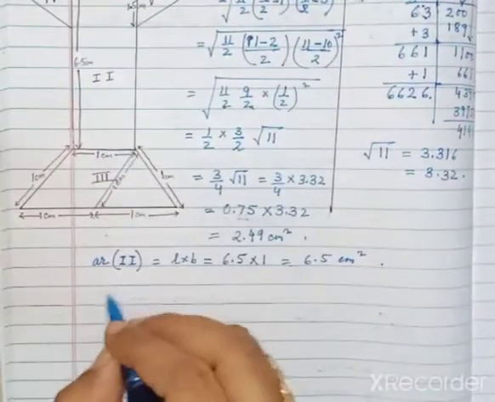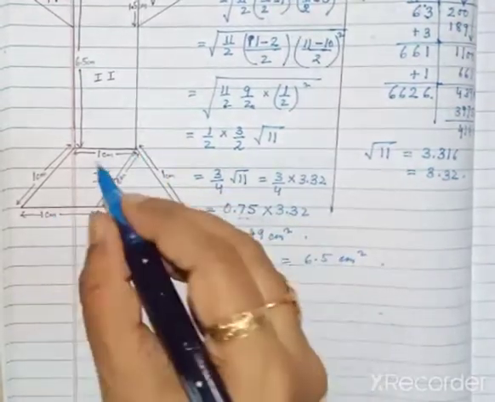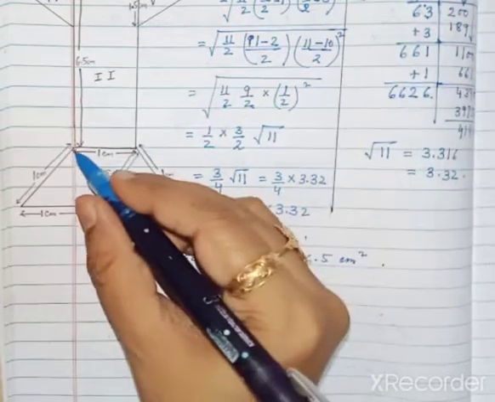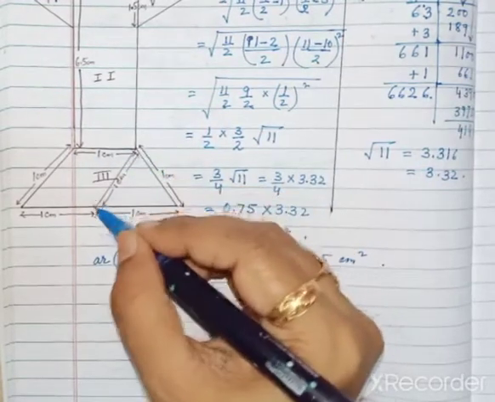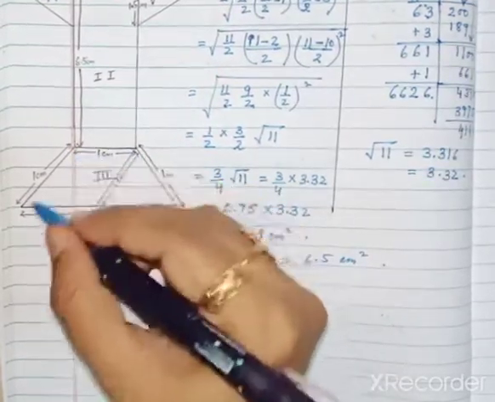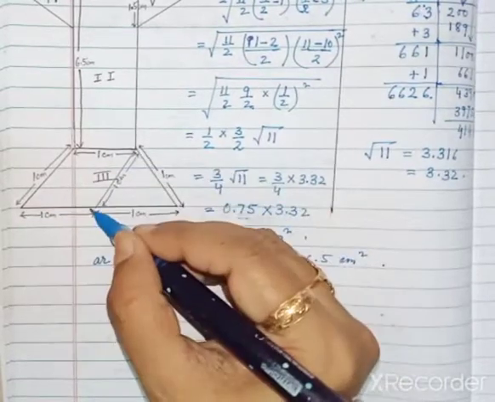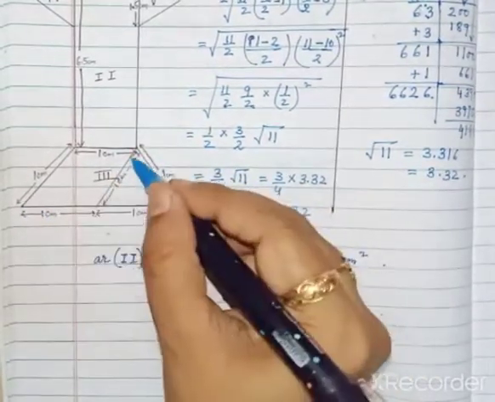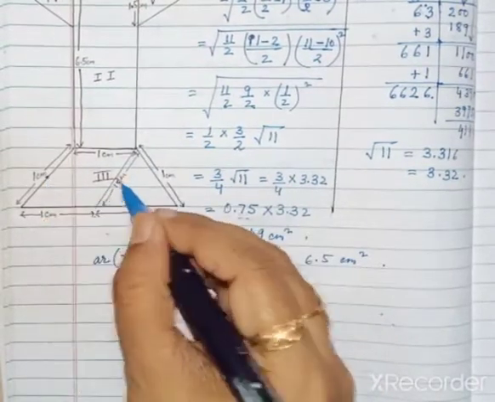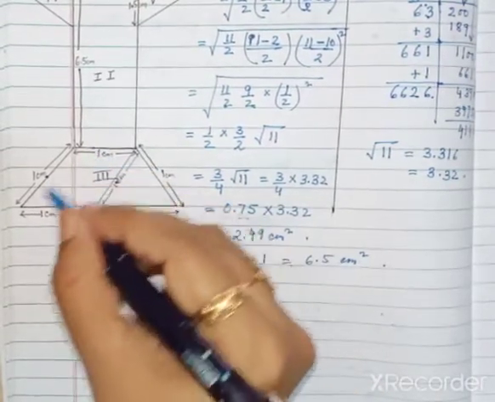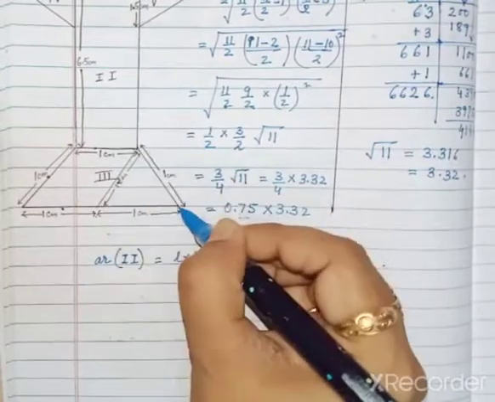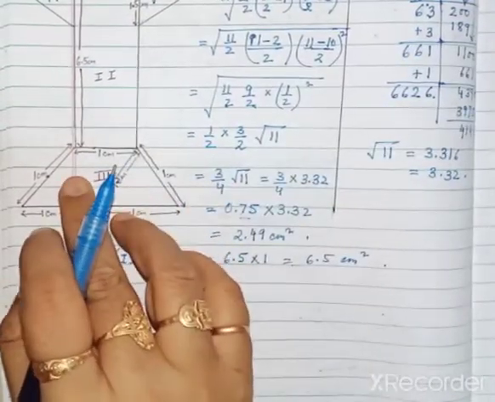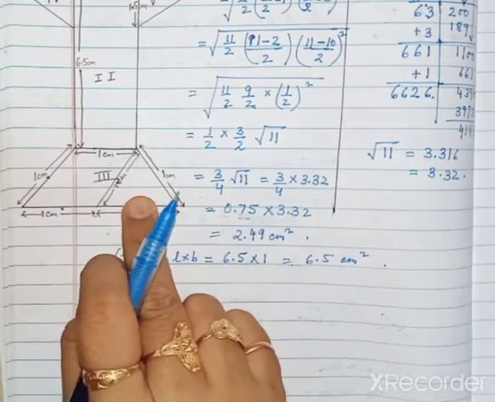Now the third part. This is of trapezium shape. If you get a trapezium shape, you can draw a line parallel to any of the non-parallel sides, so that you will get a triangle and a parallelogram. Since you have drawn a parallel line, these two sides will be equal, and here also equal. So it will be a parallelogram, and this one will be a triangle. So the trapezium can be divided into two parts: one part is a parallelogram and one part is a triangle.